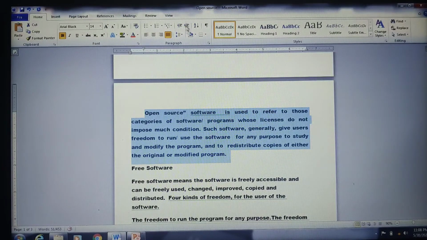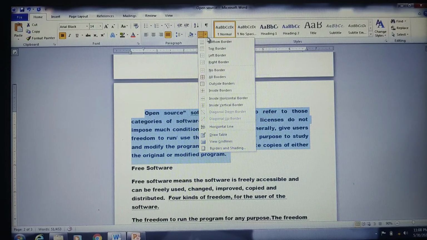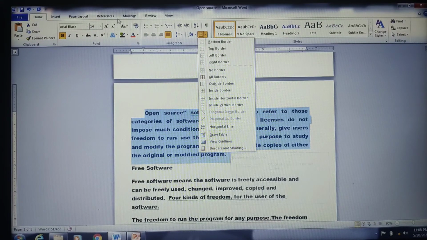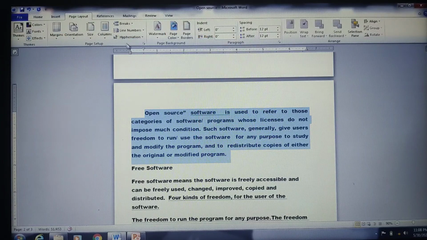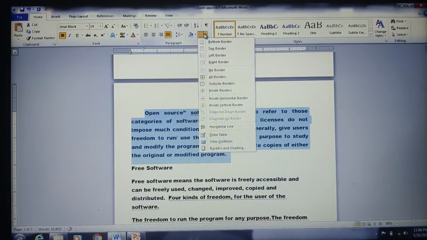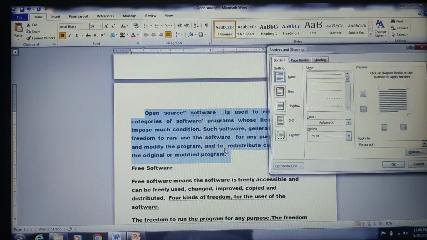We have the options in the page layout, or else here also we have them. At the last options we have borders and shading. Here also you have an option. Otherwise under the page layout you also have this particular option, but there it's a page border. So in the home tab itself we shall go for the borders and shading here. You can apply the borders and shading only to the selected content.